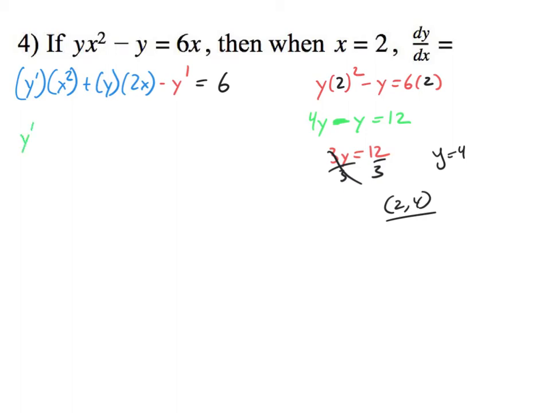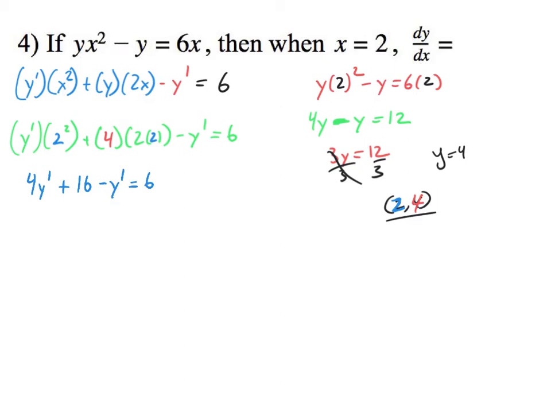So y prime times blank squared plus y times 2 times blank minus y prime equals 6. If we think it through, my x's are 2's, and my y was 4. Again, wasn't my x 2, and my y is 4. Now can you see how you can get y prime by itself? Can you see how y prime is going to appear? This gives you 4y prime plus, this gives you 2 times 4, which is 16, minus y prime equals